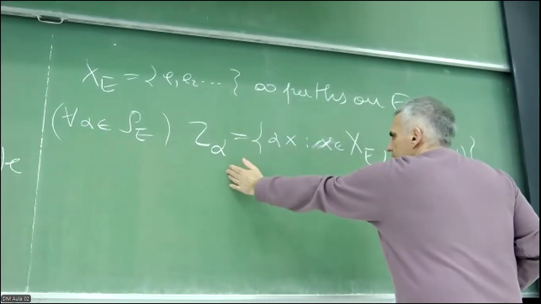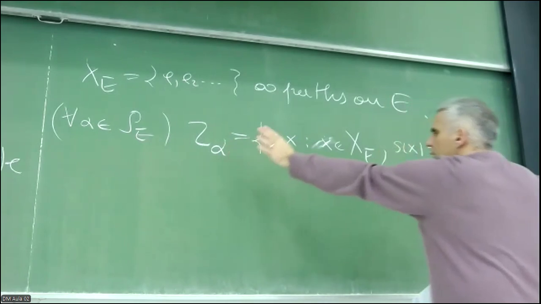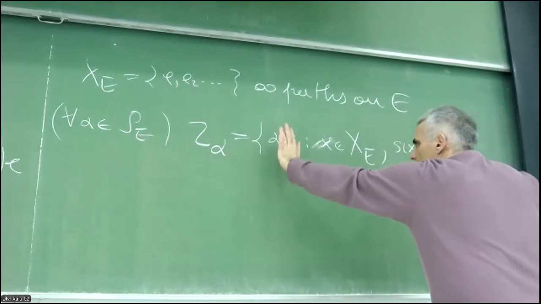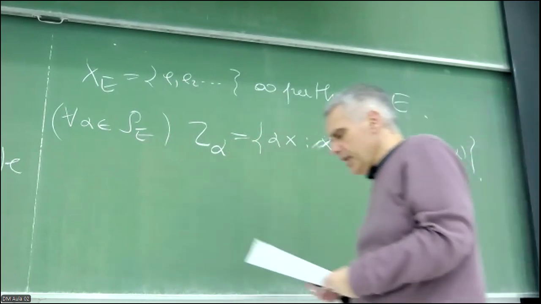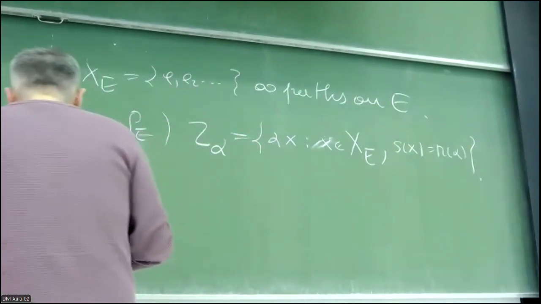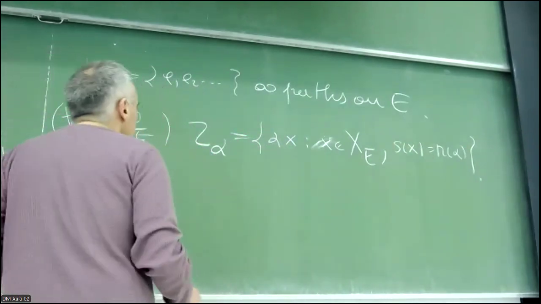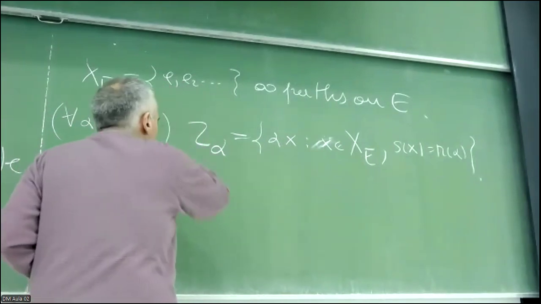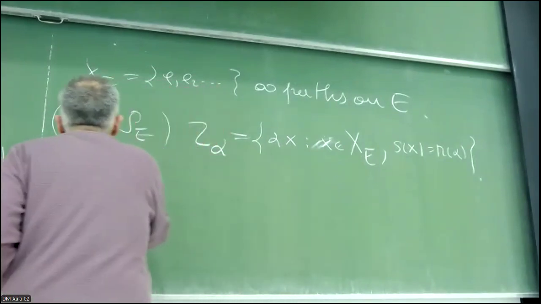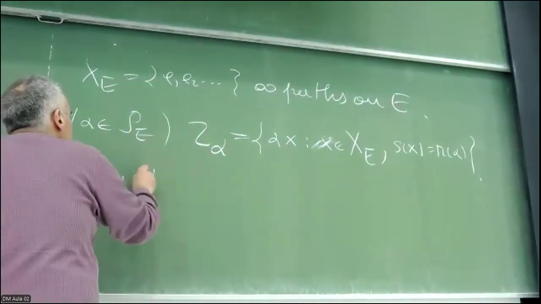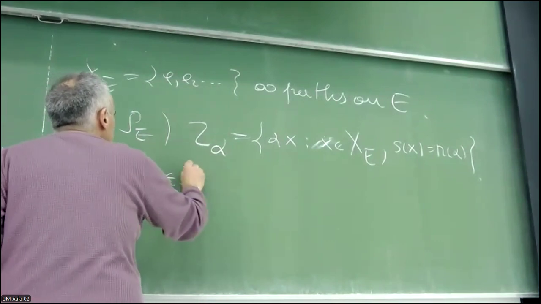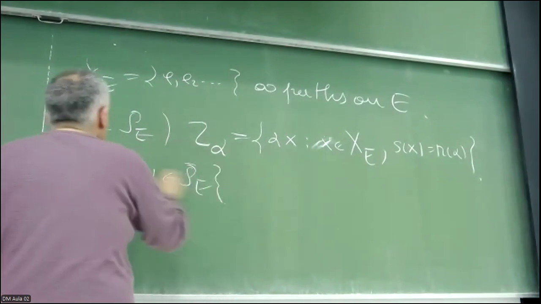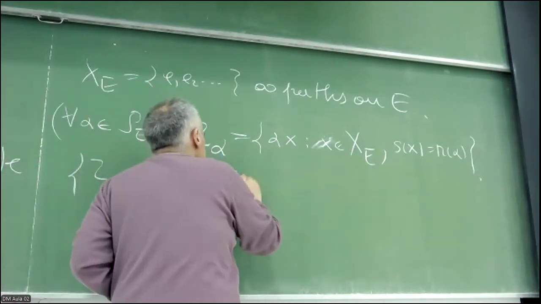So these elements of Z_α are paths that begin with α. Okay? So one checks that the Z_α with α in PE form a basis